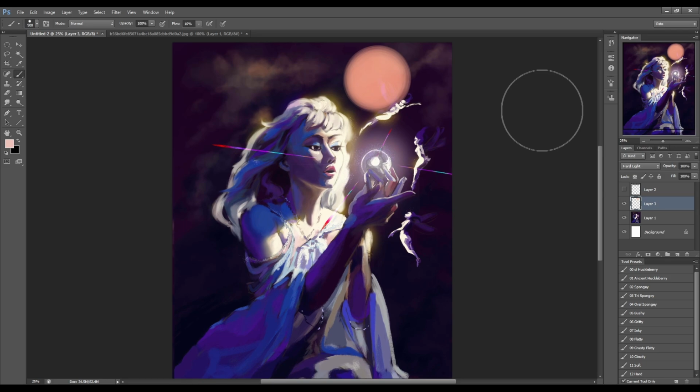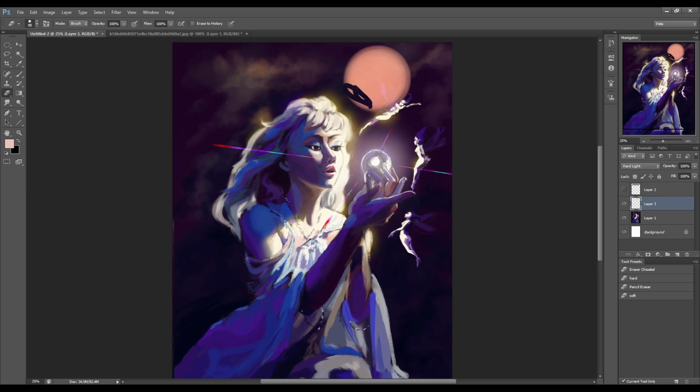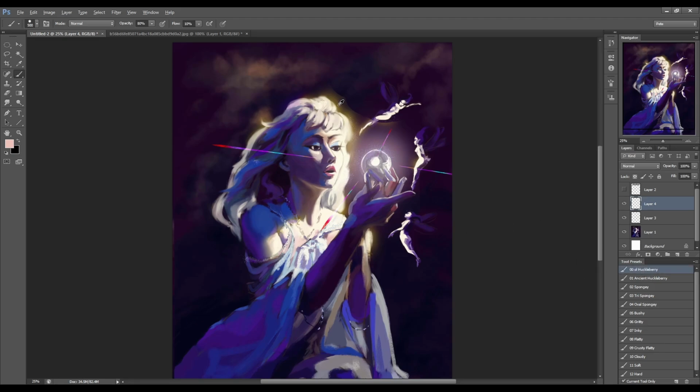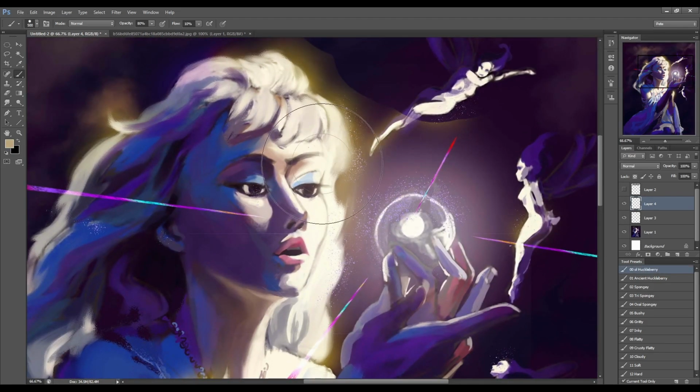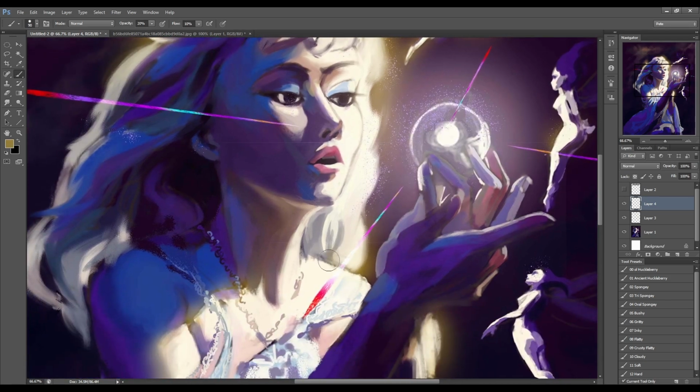From there, you can paint into it, paint on top of it, but you've got those colors available to you to select and use for the rest of the painting. So if we've got this little bit of glow here and we like where this color is at on a new layer, we can now grab this and we have these tones to use in other spots, to add as complementary bits of color to build throughout the piece.